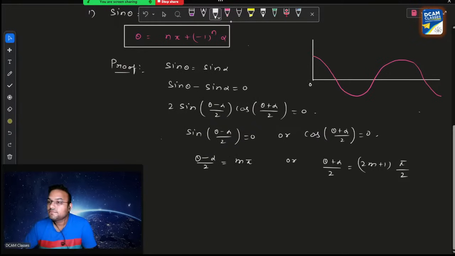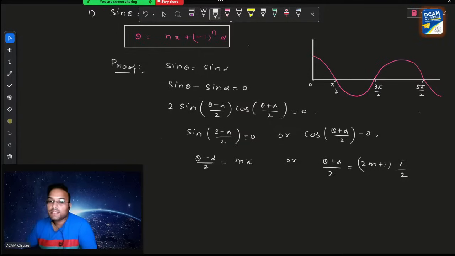This is 0, pi by 2. Again, after an interval of pi, it will become 0, means pi by 2 plus pi, it is 3 pi by 2. It is 3 pi by 2 plus, then again it's 5 pi by 2. Getting it? Yes. So at what values? First, if I take m is equal to 0, pi by 2 it will become 0 cos theta, and then again at 3 pi by 2 means m is equal to 1, at m is equal to 2, like